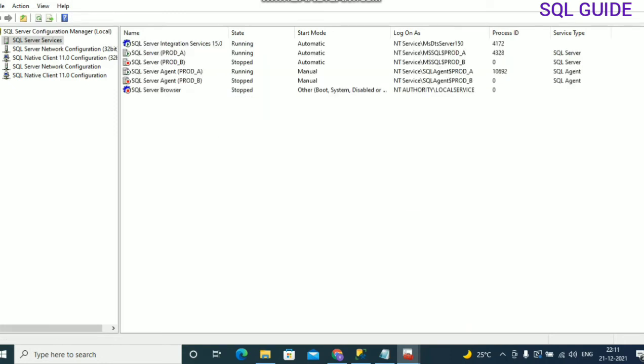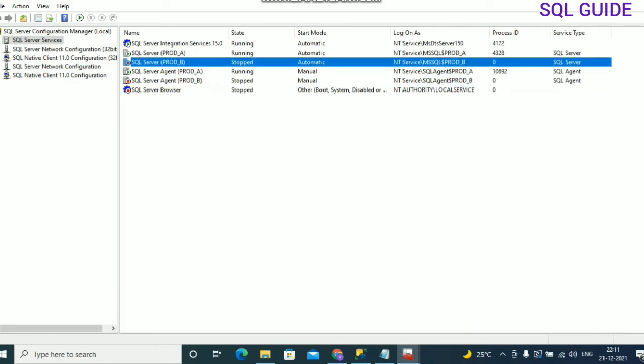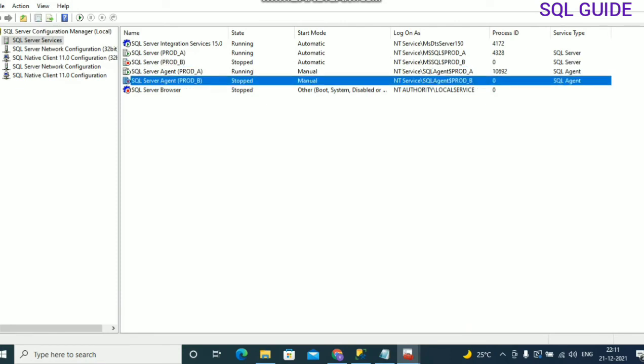You can see the services have been stopped for prod_b SQL Server and prod_b SQL Server Agent also.